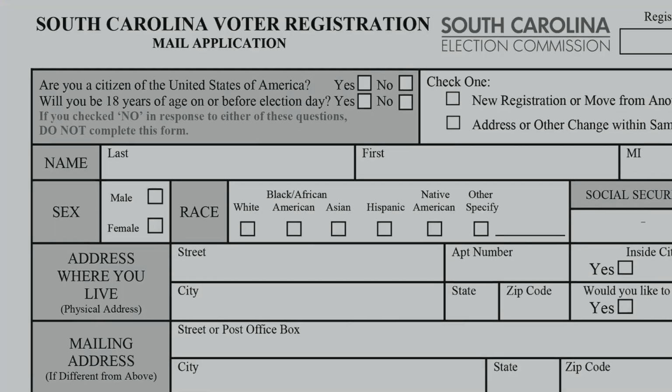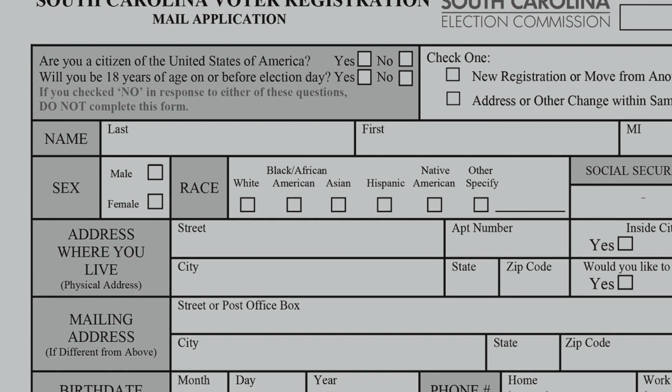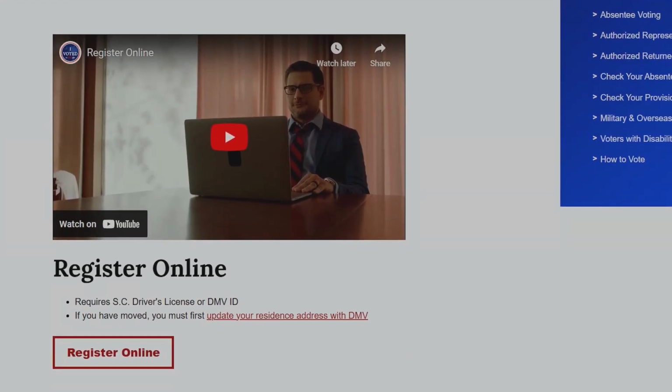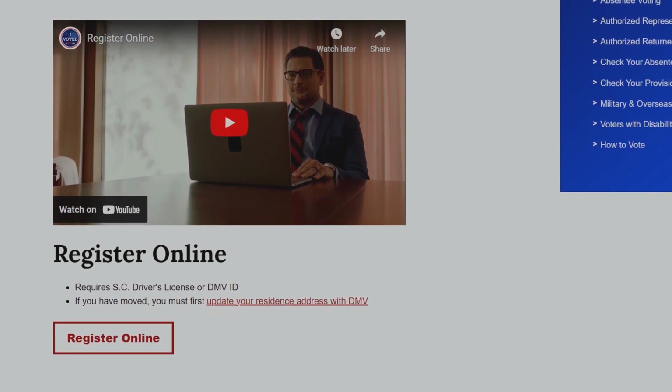You can register to vote on our website at scvotes.gov. You can go there and download the application. And then once it's completed, you can mail it, fax it, or return it in person, or scan and email it to us. You could also register online at scvotes.gov, and the information that we use is from the Department